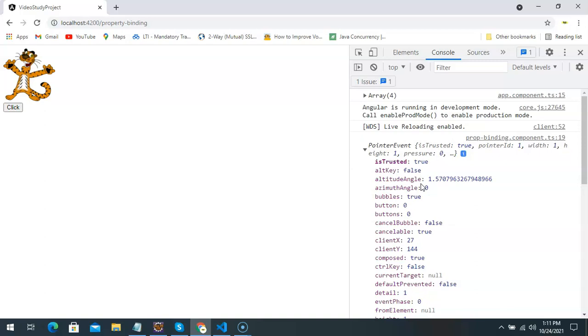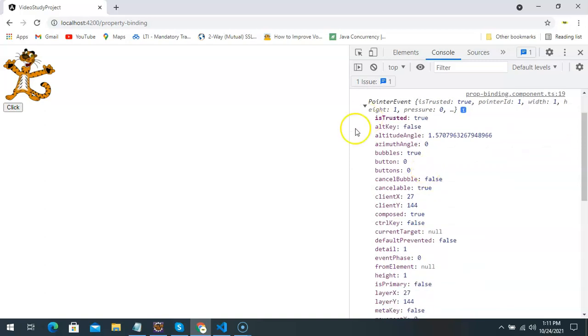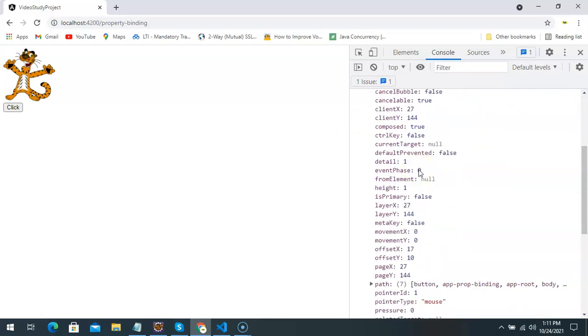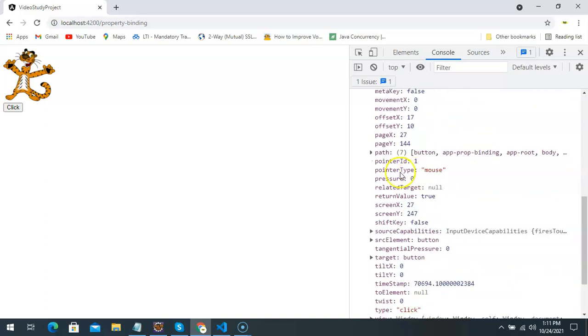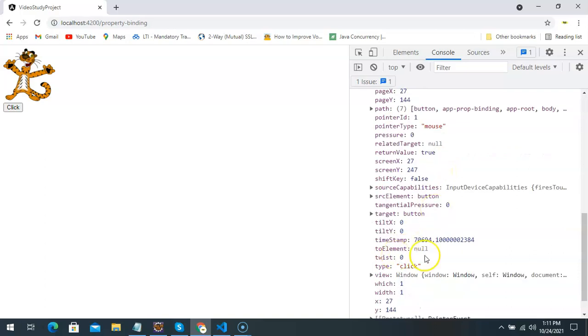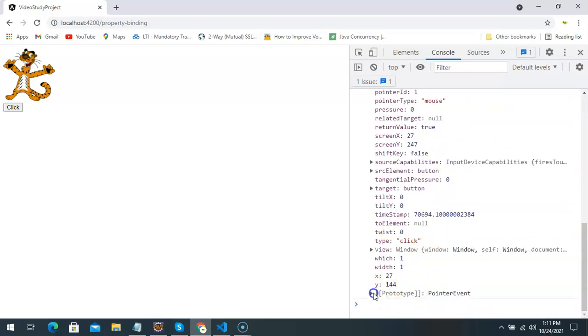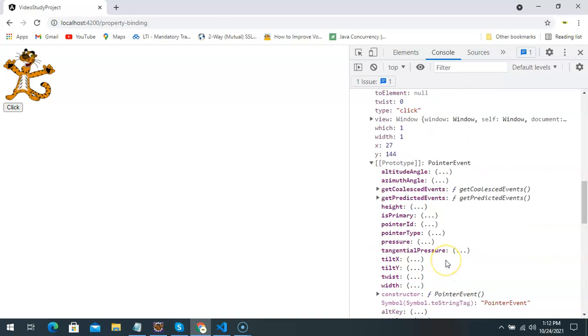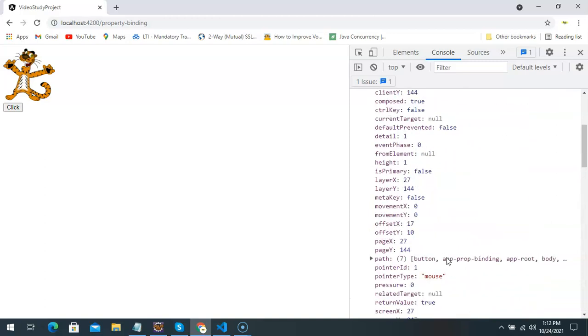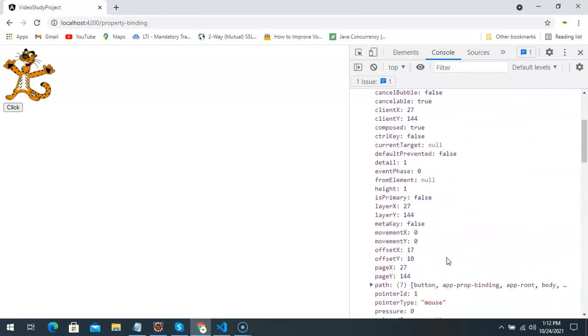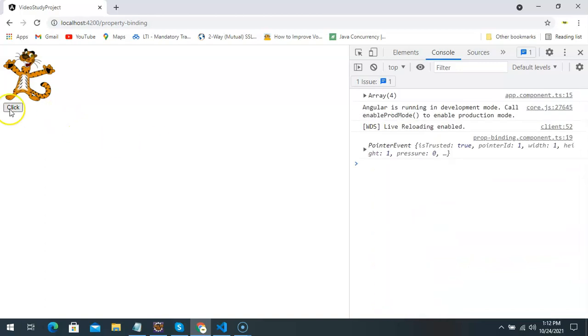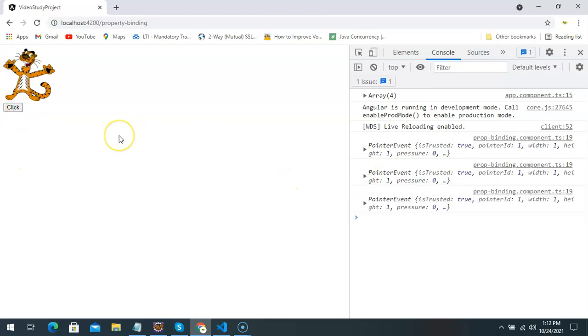In this case, we have clicked a button, so it will have all the information regarding the mouse click event that is executed. You can see pointer type is mouse, type is click, the pointer event. So basically all the information regarding the mouse event, that is the click event, is captured here. If I click this again, it will be executed again. Every time I perform an action, that particular method will be executed.